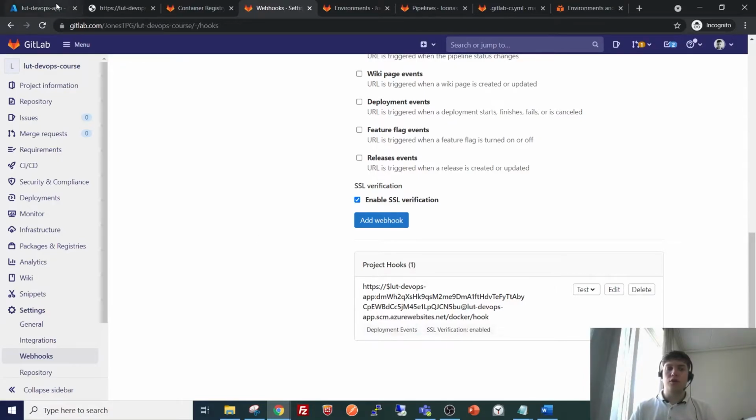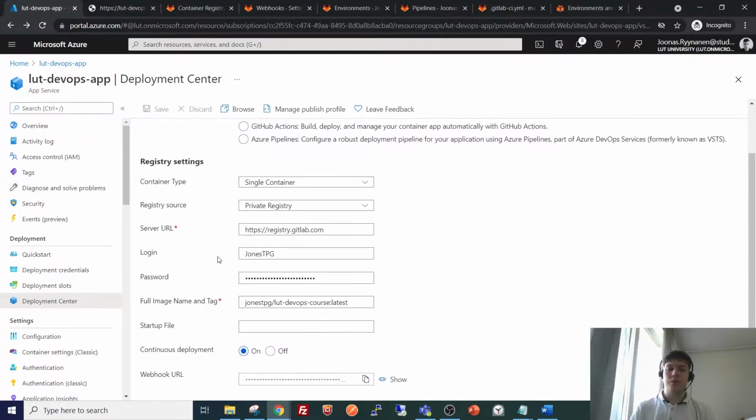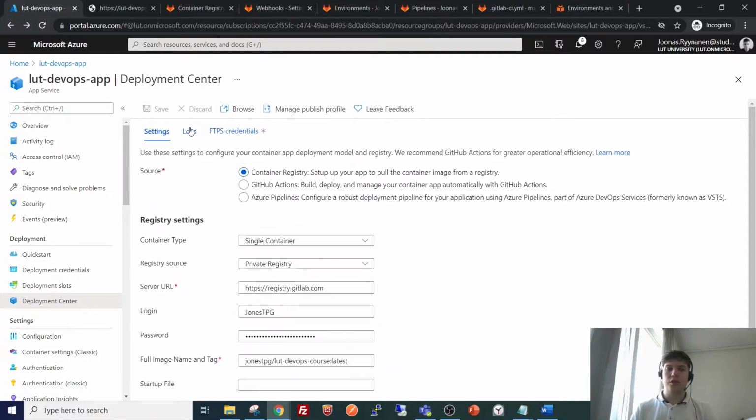This URL has been taken from Azure, from here, and this will launch the Azure deployment process, which will automatically fetch the image from the container registry as it has been configured here.